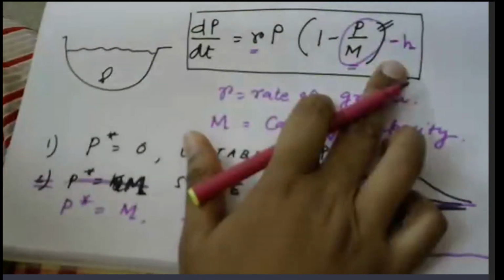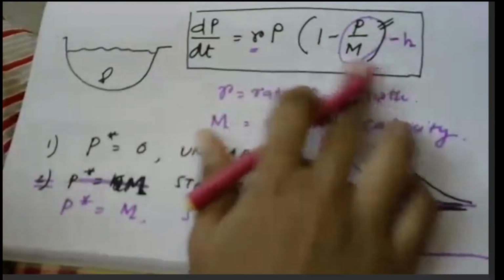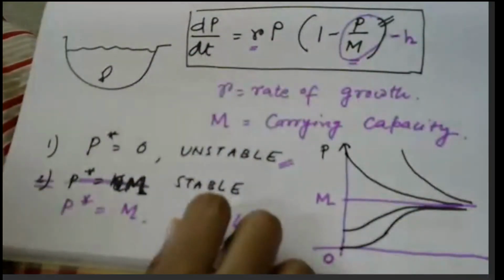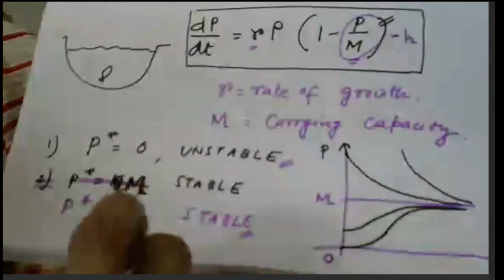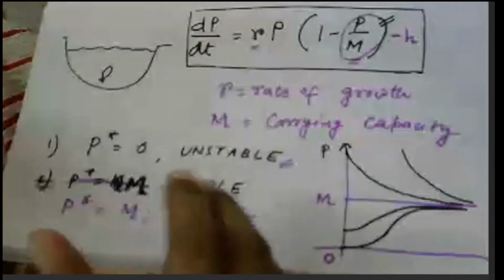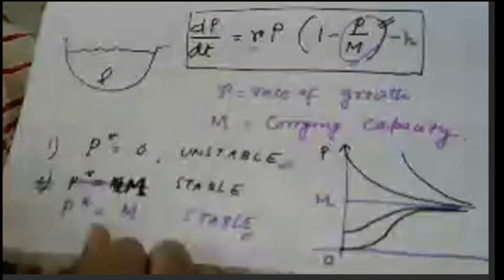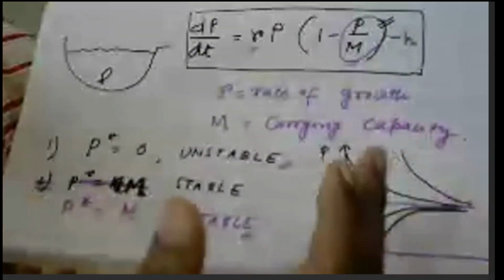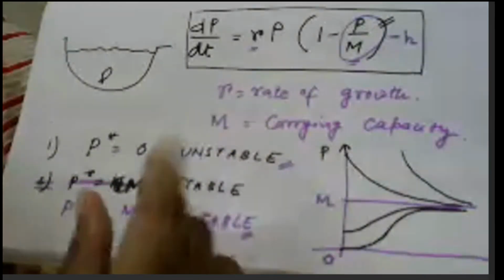Okay? So what do the rest of you think about this equation? Do you understand why this minus h term came? Yes, ma'am. So if I now change the problem definition a little bit and say that I don't catch fishes every day, but I catch only depending on how many of them are right now in the pond. So if I have like 100 fishes, I catch 20, but if I have just 10 fishes, I don't try to catch 20. I just catch 2 or 3 of them. Then how will the equation change?